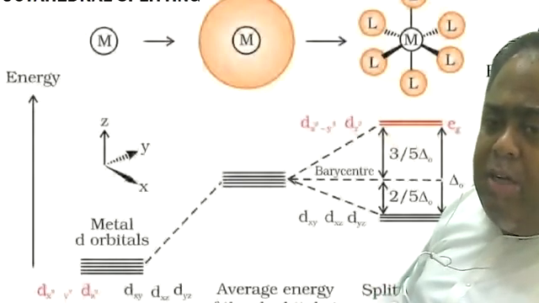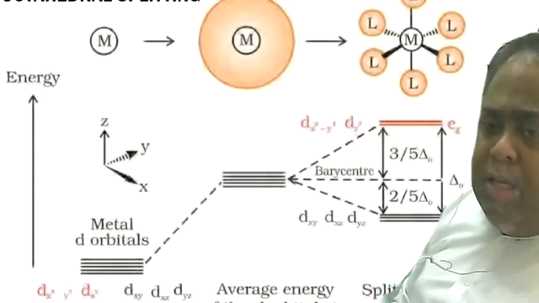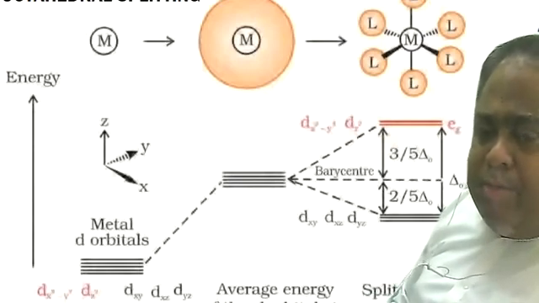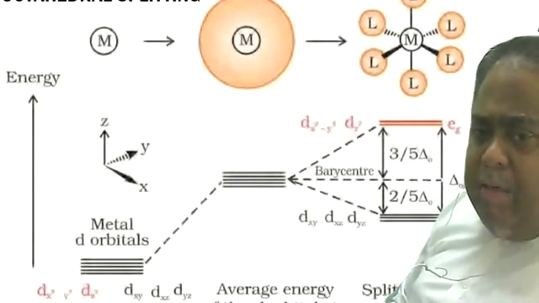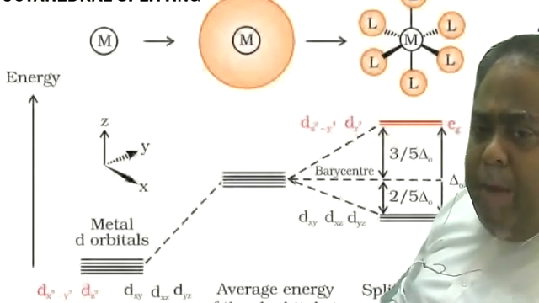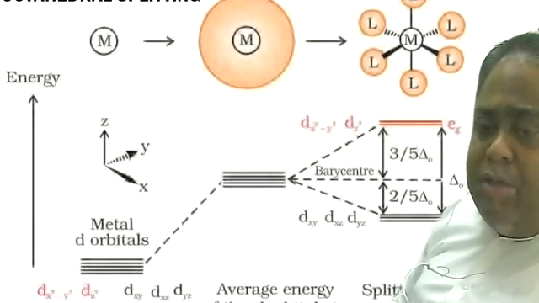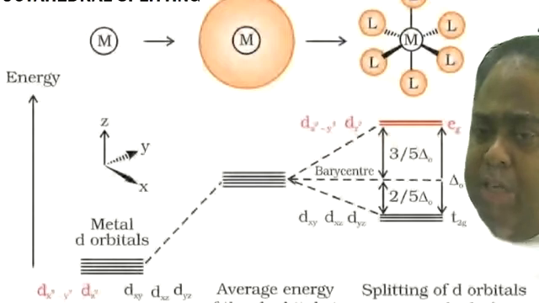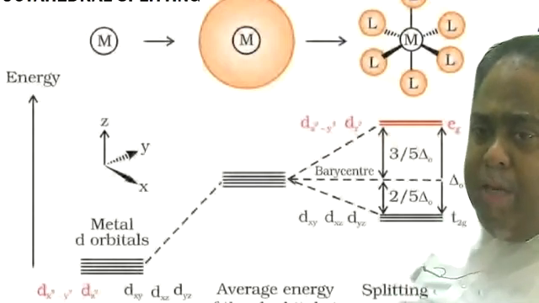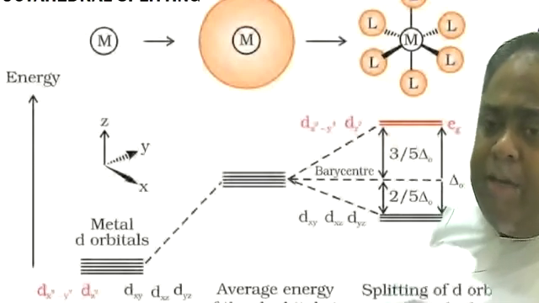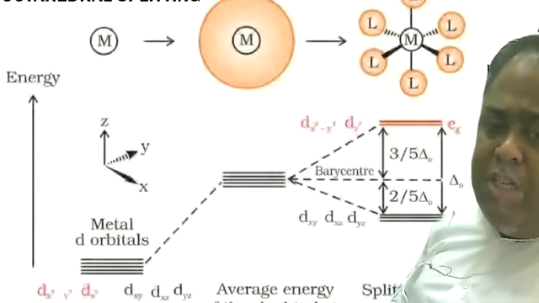The barycenter denotes the center of mass of the d orbitals, the center of mass of the central metal ion, because both are point-like in space. So below the barycenter, minus 2/5 is there. Whatever electron comes, it will be equal to minus 2/5 into 10 Dq. That will be the crystal field stabilization energy. More splitting means more stabilization, and the molecule becomes more stable. The more ligands a complex accepts, the more splitting there is, and the more crystal field stabilization takes place.